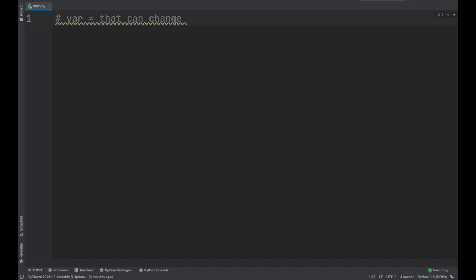Change in what sense? That it can change its value. Okay. Think of it more like, yeah, this will be a pretty good example, like a box